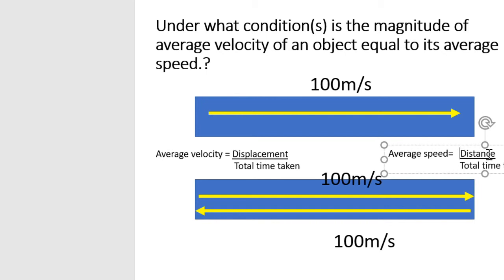Suppose you take this first example, a boy is traveling like this in a straight line. So if he travels from this one end to the other end, both the distance and displacement are going to be the same. There is no difference. Which means both the average velocity and average speed are also going to be the same, right? So in the first case both will be same, right?